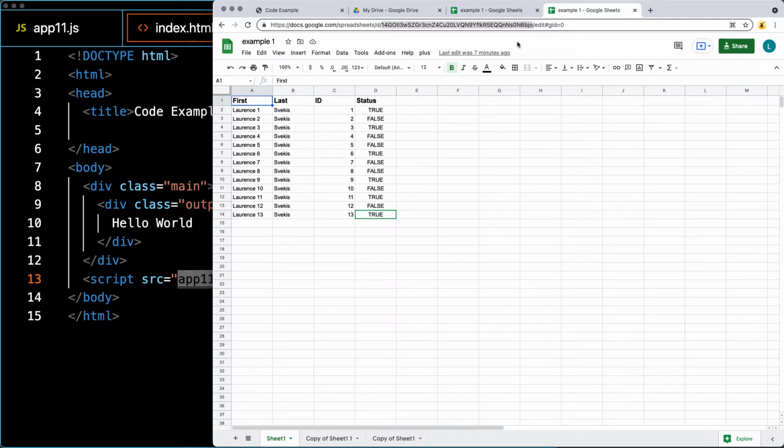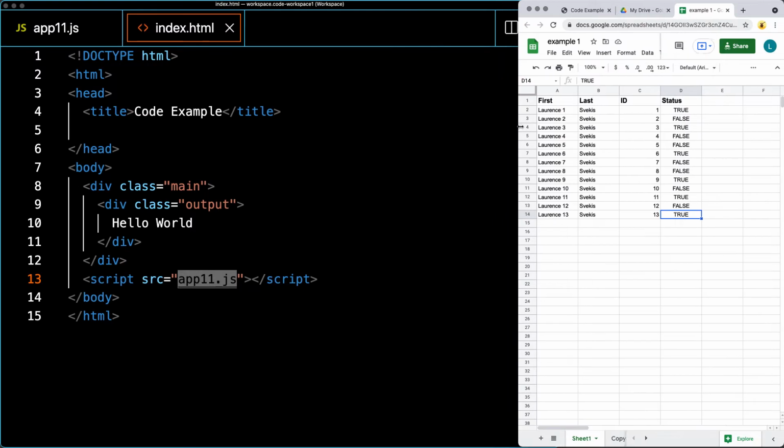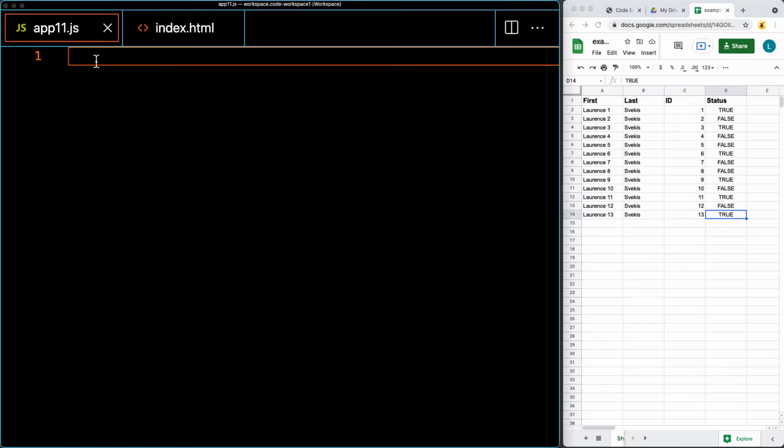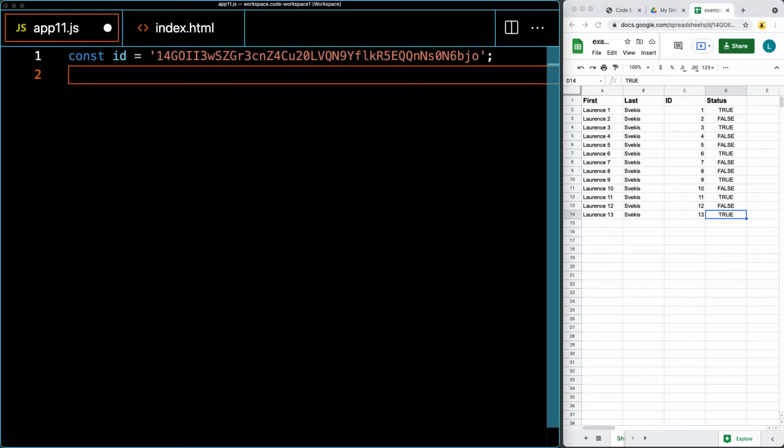So go ahead and select that ID, as you're going to need it within your code. And now we can close that part and open up your JavaScript file and paste the ID into your JavaScript code, as we are going to need it as we construct the URL. So there is also a base URL, and the base URL is going to be the location and that's going to be the docs